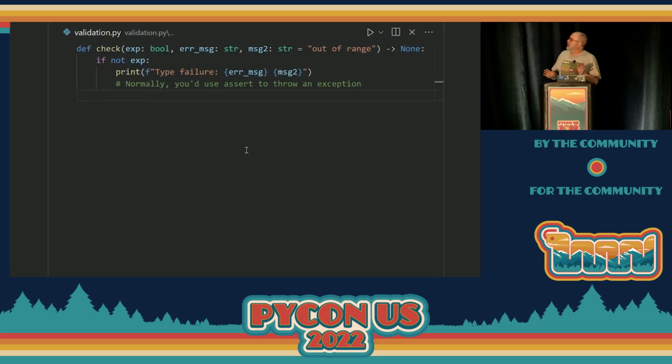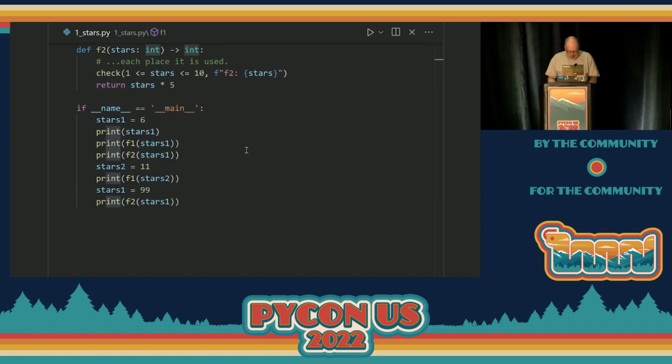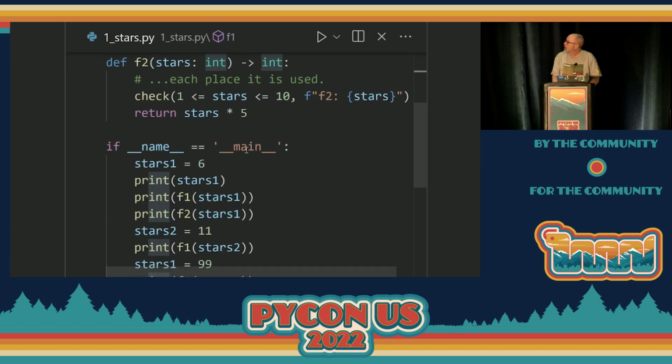So I'm going to start with this. Normally if your type is incorrect, you should throw an exception. But I want to show all of the errors, so I created this little function that checks the expression, and it has a couple of error messages. The second one is usually out of range, that's why I separated it. Normally you would use an assert to check things and throw an exception, but I want to see all of the errors that happen in the example, so I wrote this. It's not terribly important, but you need to see what it was. And let's make this bigger. Okay, so